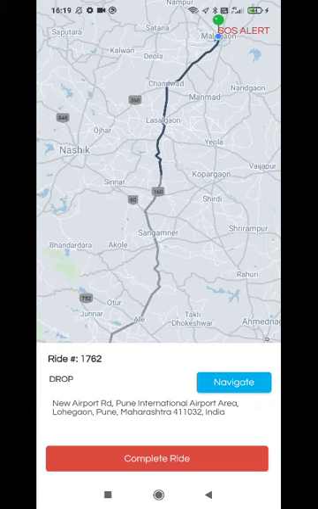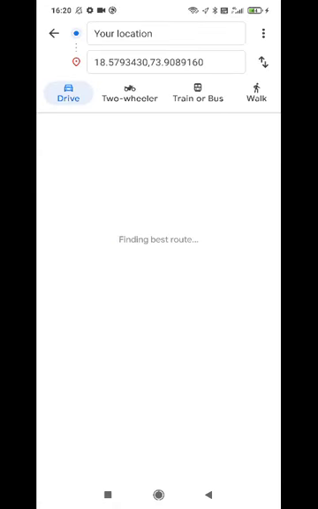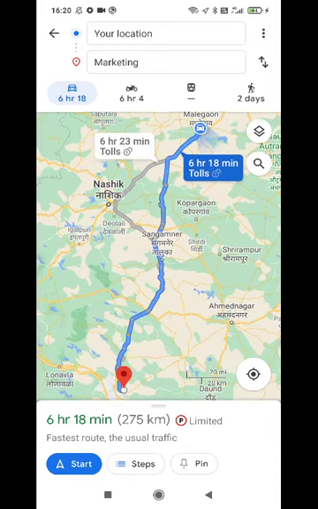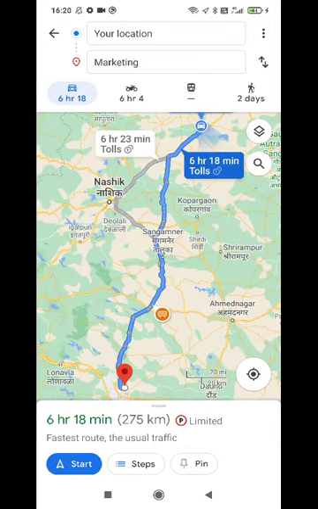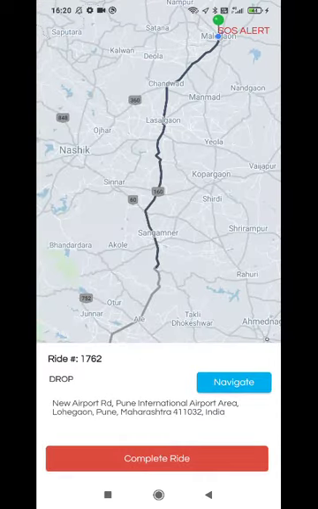So if you feel that you are far away or you need the navigation, then you can click on the navigation again, and it will directly guide you to your drop location. If not, then we have already given this navigation option on the user app, so he or she can also check on his own. So it is for demo purposes.